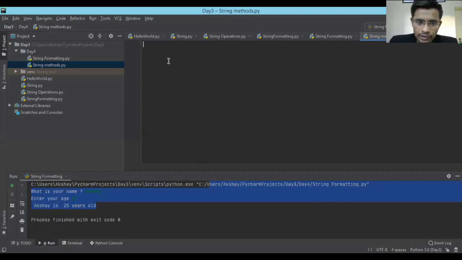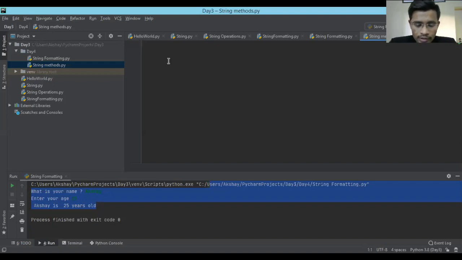I just created a new file. Here we are going to play with some inbuilt functions that you can use along with strings. The main focus of this week is on strings, so that we get pretty comfortable with them. In future, when we go into loops, conditions and object-oriented programming, you should not be worried about how I did it and what is happening right now. That's why I want you to have all the knowledge about strings.